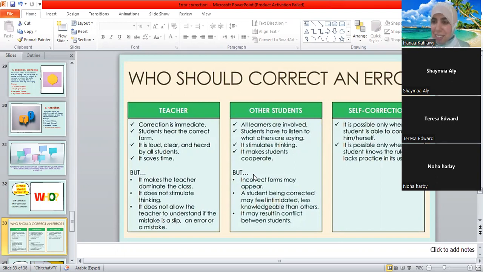It suits them. Yes, exactly. Teresa said that when classmates correct each other, they will learn from each other because he will correct him in a simple way, which is suitable and appropriate for their age and level. Yes, I agree with you. It can be helpful in a certain situation.